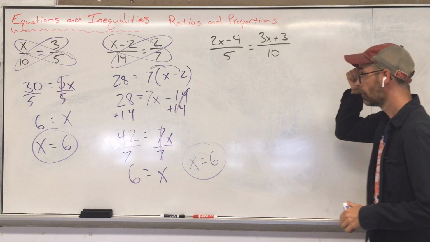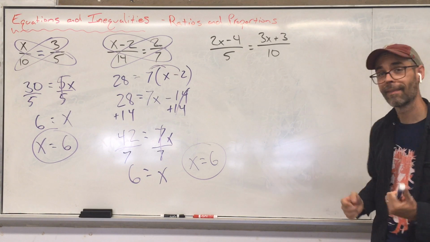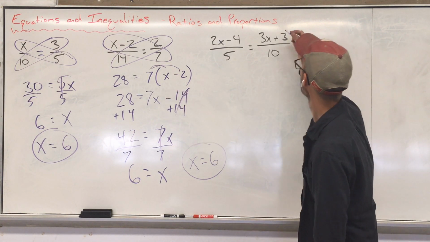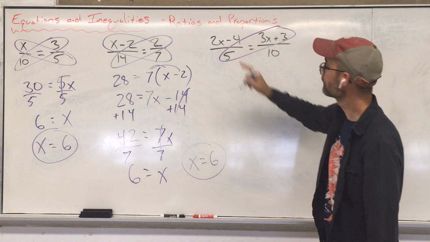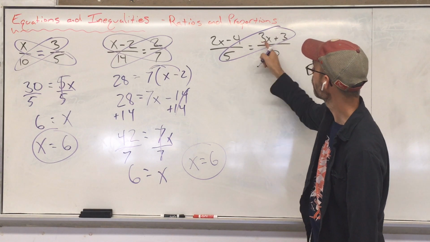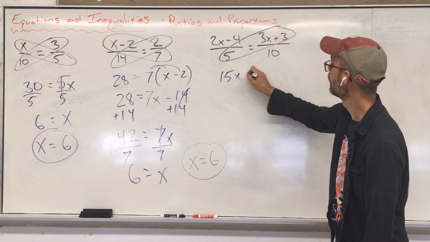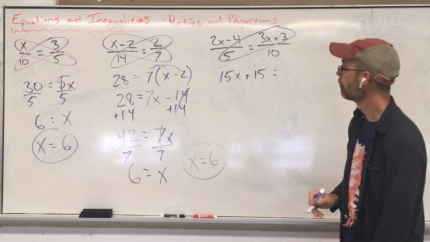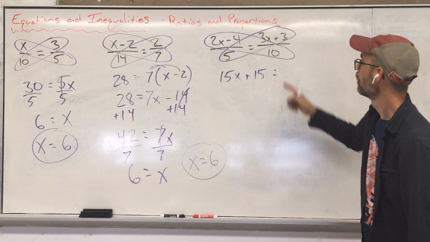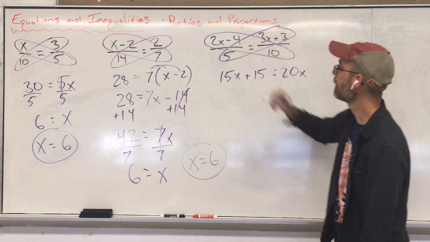Okay. Can we do that with two ugly groups up top? Yeah, that just means we're going to have to distribute twice. So let's try it. Let's distribute that 5 to everything up top. I'm left with 5 and 3x gives me 15x. 5 and 3 give me 15. There, you just distributed the first one. Let's do it again. 10 times 2x, 20x, 10 and that negative 4,